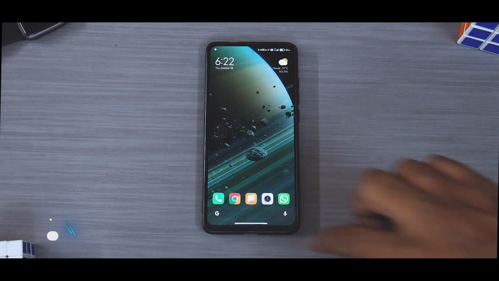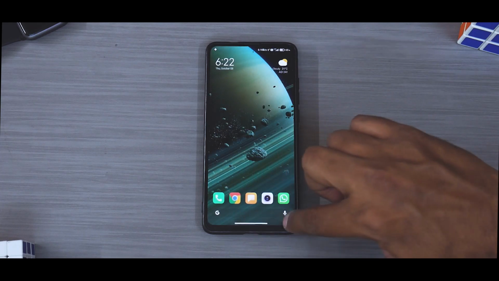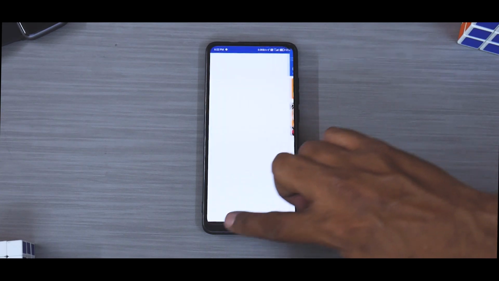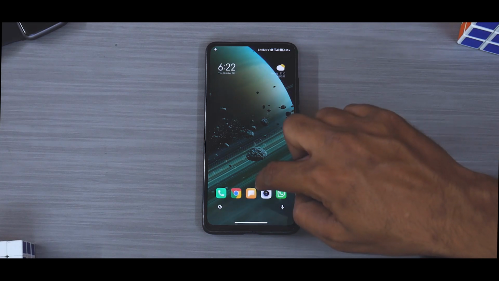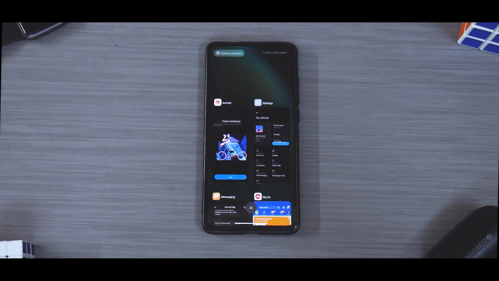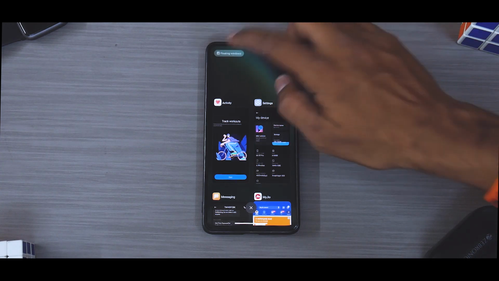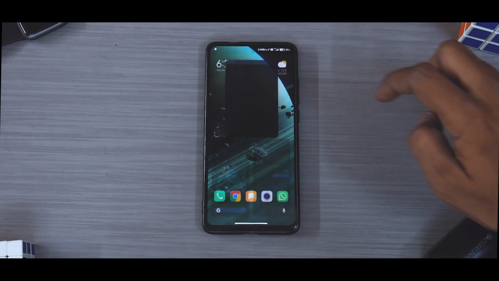Matter of fact, the Android 10 gestures will also work just fine. If you have a look over here, there you go. As you can see, they are working just fine. And if you go to the multitasking menu, I have enabled how much RAM is available for that option to be displayed. If you go to floating windows, as you can see over here, here's our Telegram.